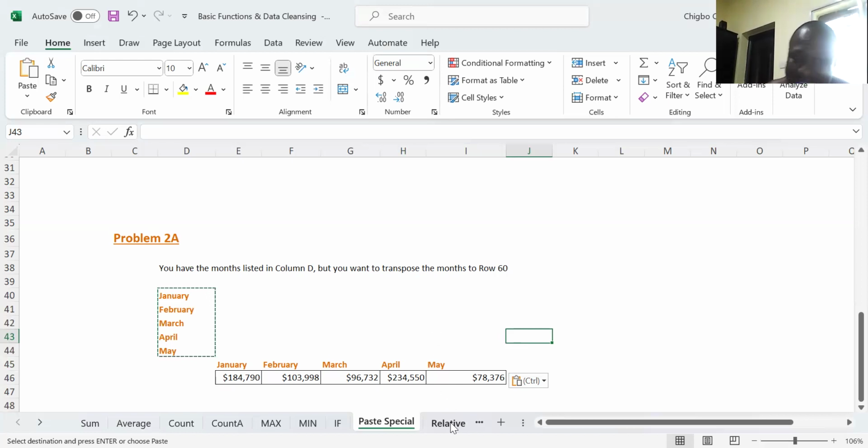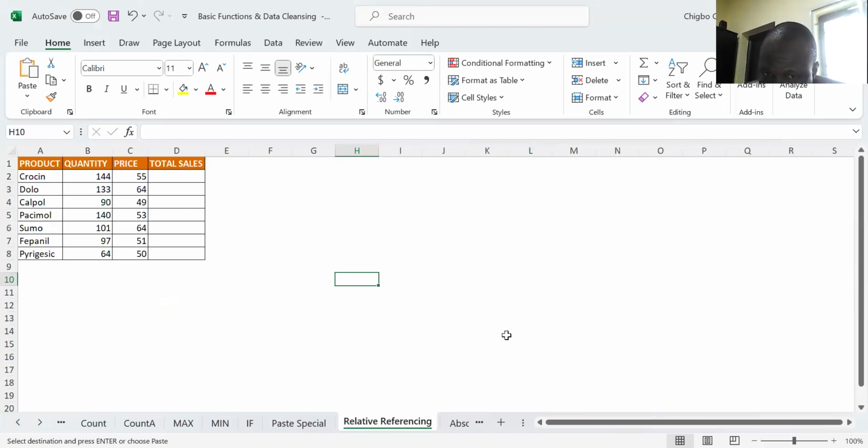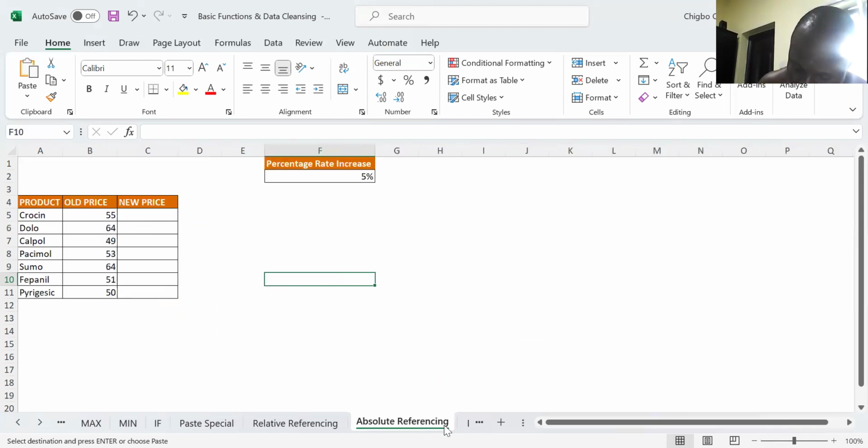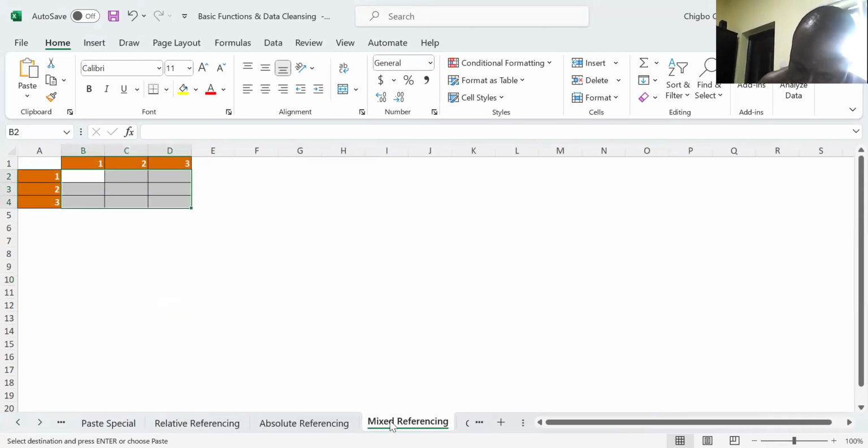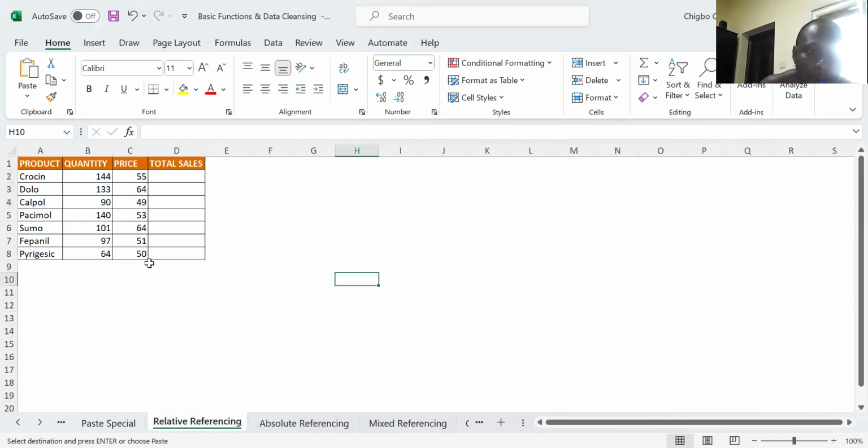Yesterday I mentioned referencing. I said there are 3 types of referencing: relative referencing, absolute referencing, and mixed referencing. So what does referencing mean? How do we apply it? So relative referencing, anytime you